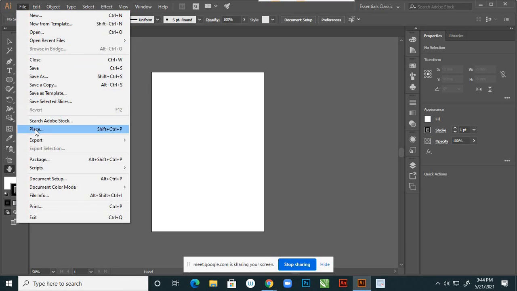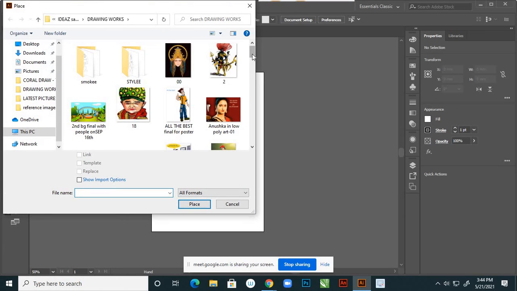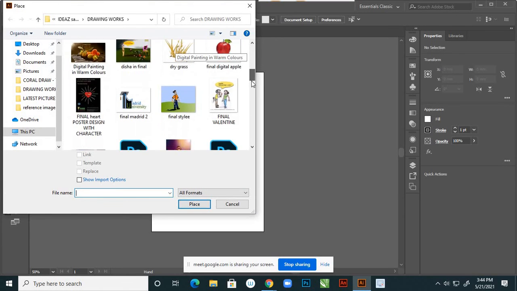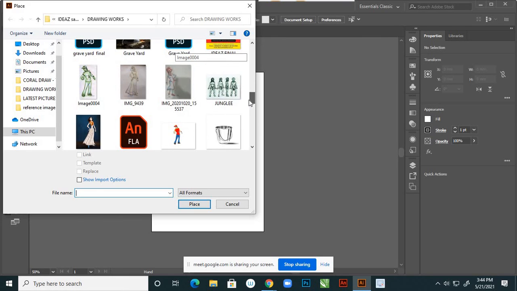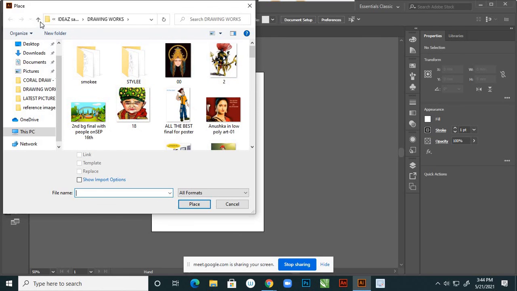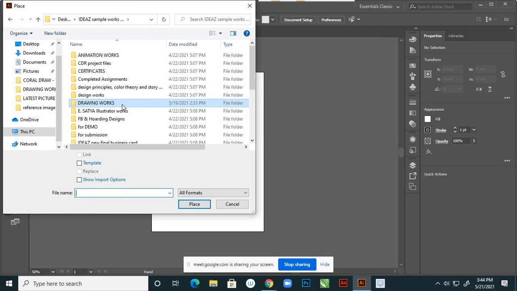And from File, Place, yes, now I want from my reference images.